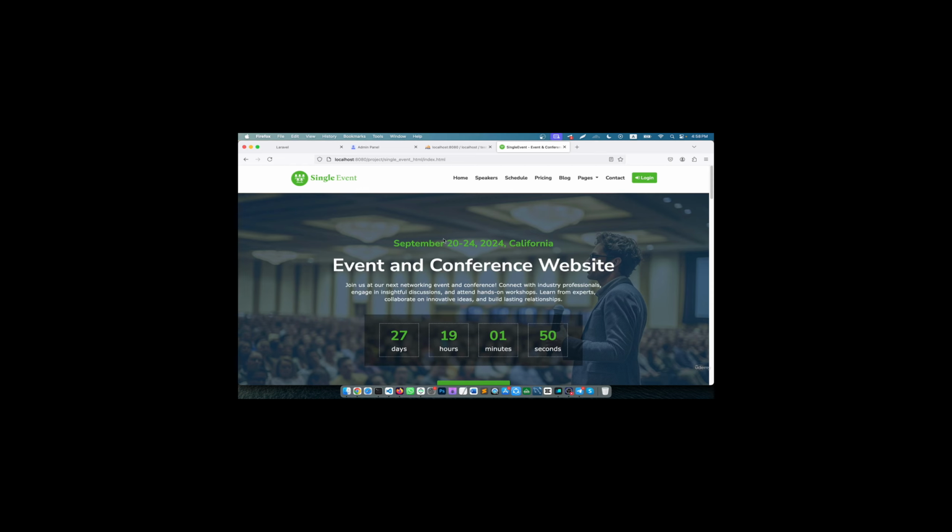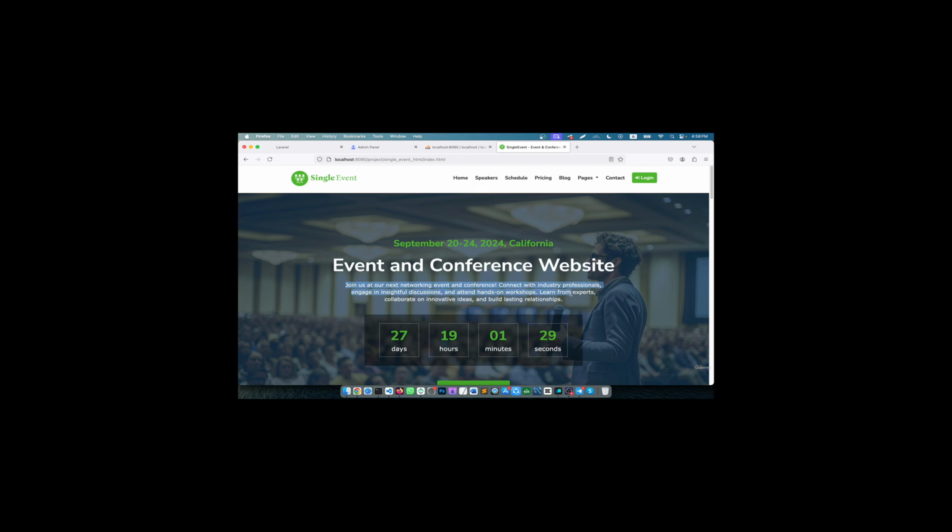So in this single event you see that there is some information in the front end, and I am going to show you, and I am going to describe the HTML in front of you so that you can understand. So this is actually the main HTML home page, that is the index.html page you see, and here this is the event information. That means the event will be held on this date. There is an event heading,